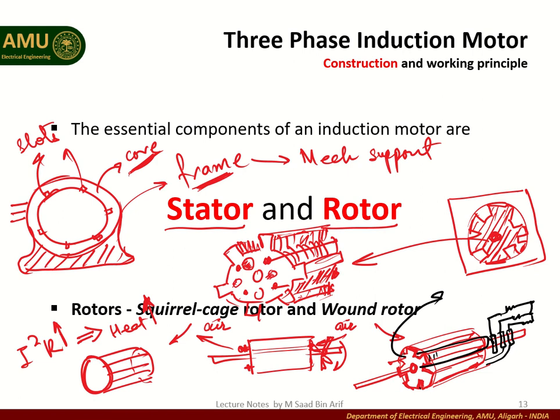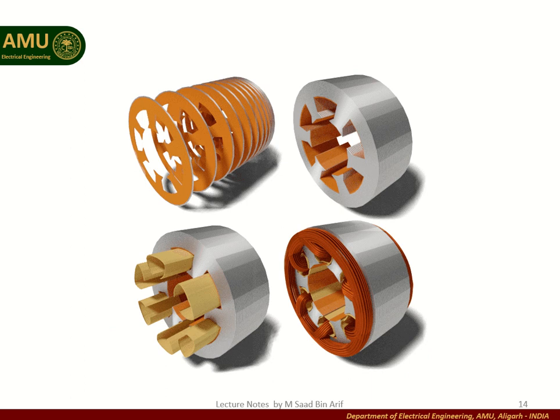Now let us have a look at the picture. See, this is basically the structure of the stator that we have discussed in detail. What we have is laminated sheets like this, laminated sheets. We have slots over here. See, we have one sheet, two sheets, and we put all these sheets together, we will get the structure like this.